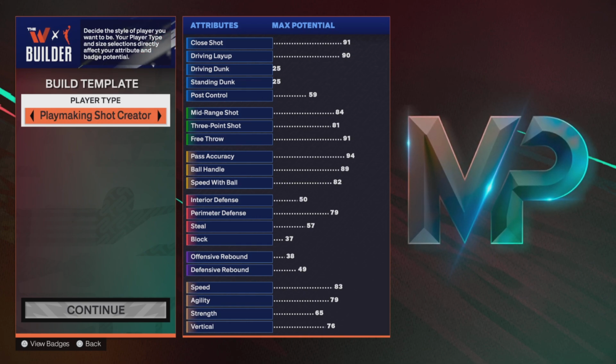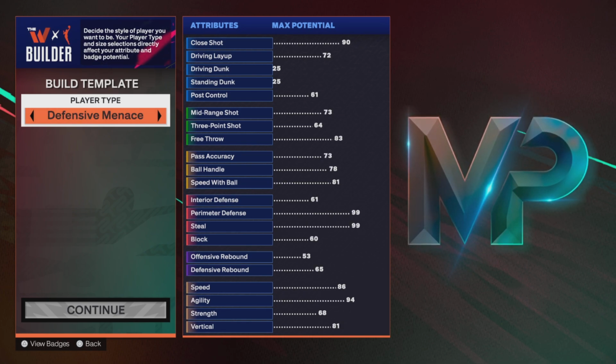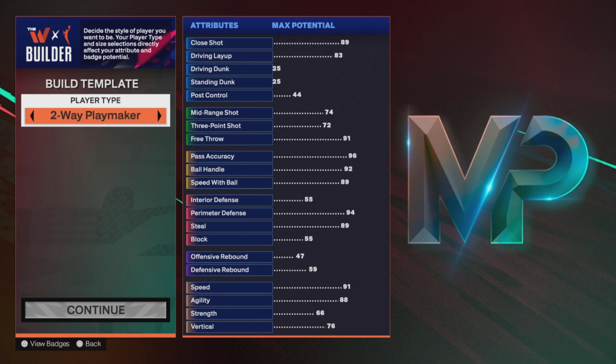Playmaking shot creator is actually good this year. Good-ish, I should say. You get a 91, 90, 84 mid-range, 81 3-point, which isn't that great. But if you're going to be doing a lot of driving, you're good. 94 pass accuracy, 89 ball handle, 82 speed with ball. You get an 83 speed, 79 agility, and you also get 79 perimeter defense. So that's not a bad one to have either. That's actually kind of good. Yeah, I would say the 3 that I would pick,